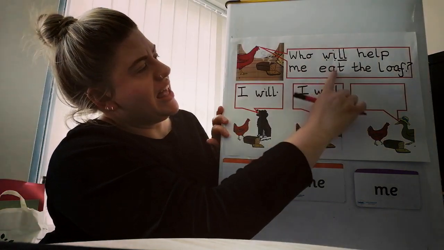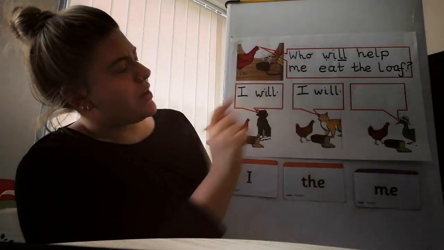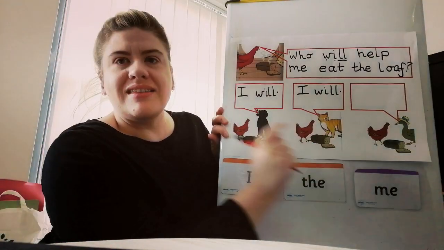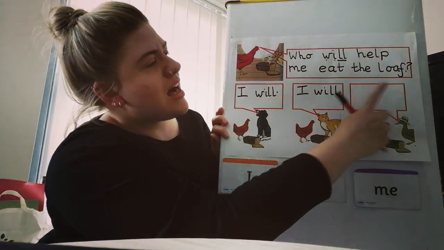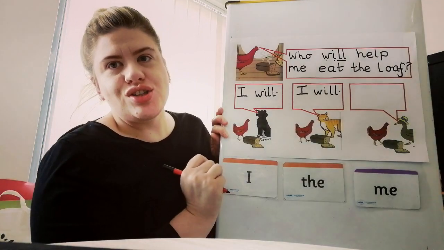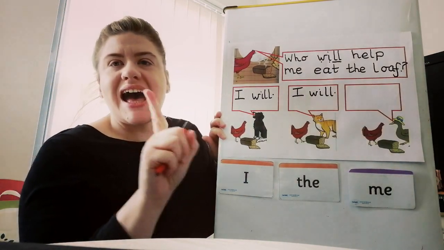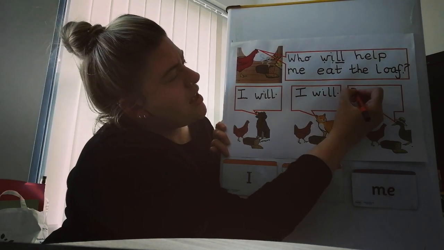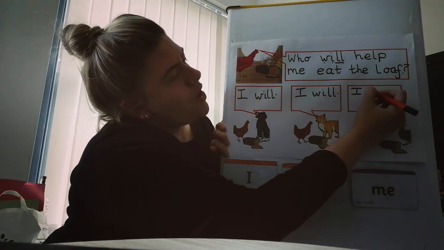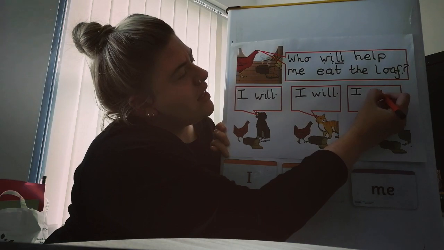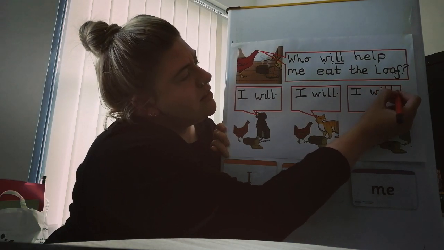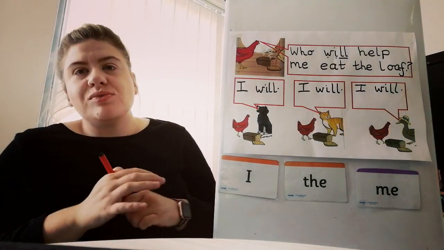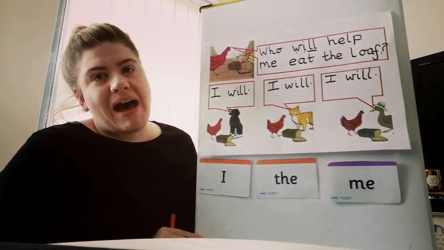Who will help me eat the loaf? I will, barked the dog. I will, purred the cat. I will, quacked the duck. So again, we're going to write I will. So your tricky word I, which is here. I will. W-I-L. Okay, right, so what we're going to do now is we're just going to read our sentences back, okay,